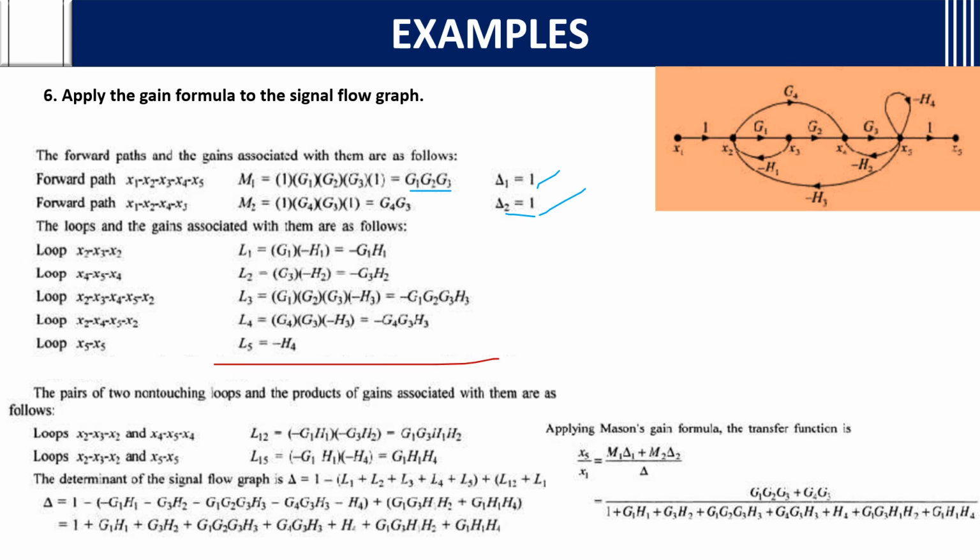First loop will be what? G1 minus H1. This is one loop, first loop. G3 minus H2. Second loop. Third loop you have is G1, G2, G3 minus H3. This is third loop. And you have G4, G3 minus